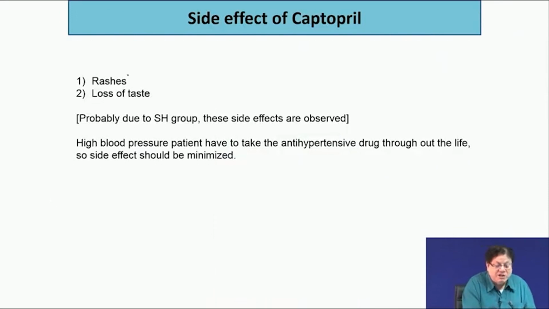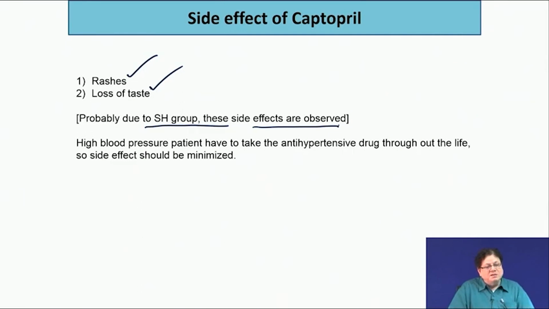was rashes, allergic reactions, because sulfur allergy is there, like penicillin I told you, and then loss of taste. So, people lost their appetite, loss of taste, so they are not eating much. This is probably due to SH groups, and however, if you withdraw the drugs, then these are reversible effects. If you withdraw the drugs, then again you get back your taste and the rashes also go away. So, captopril is not the ideal drug, they realized that because this is one important issue, that